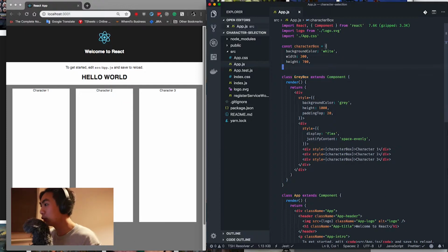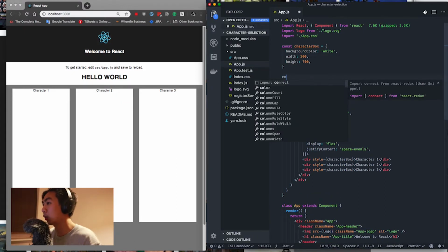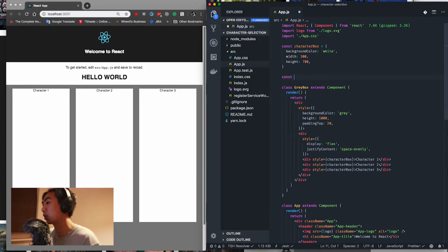So what we can do is make what's called a functional component, or stateless functional component, which is similar to the components we have already made, but it doesn't have state, and usually they're used for just displaying things. So let's go const, don't forget to capitalize, CharacterBox equals,